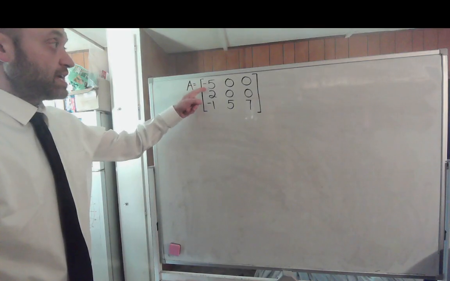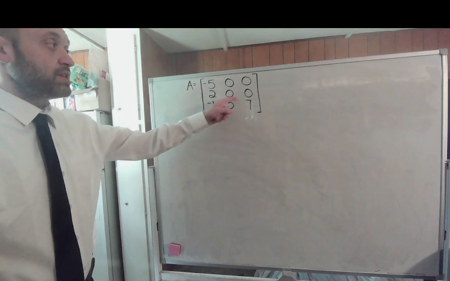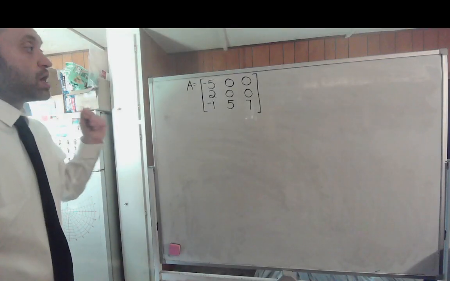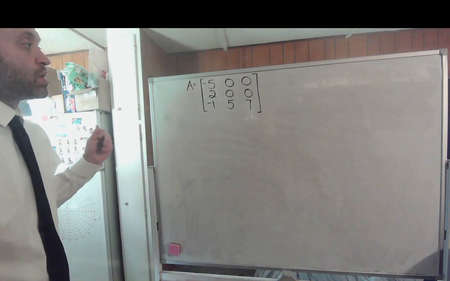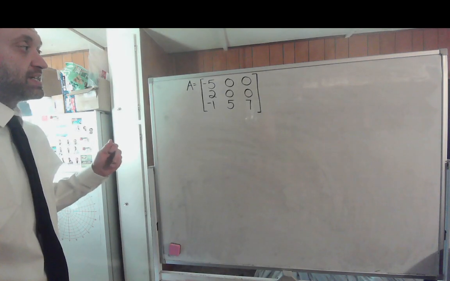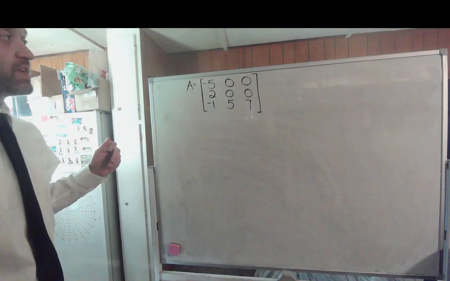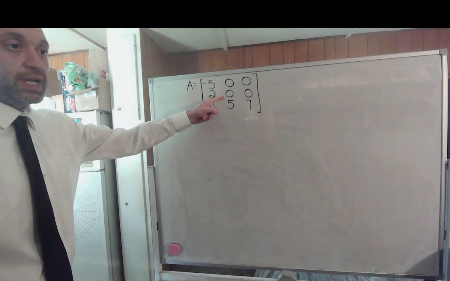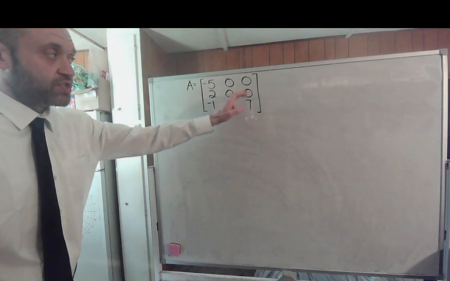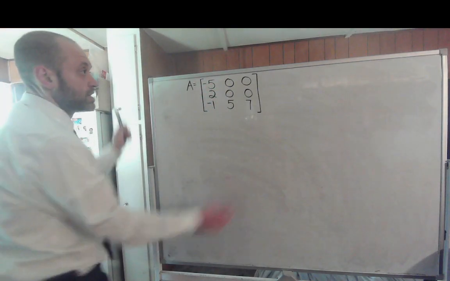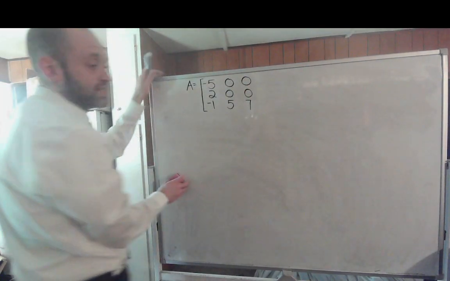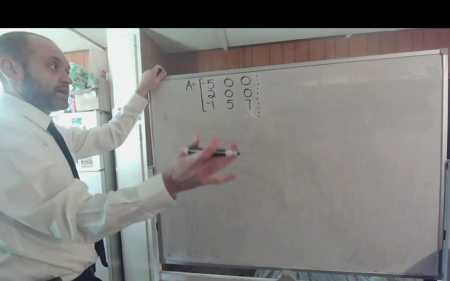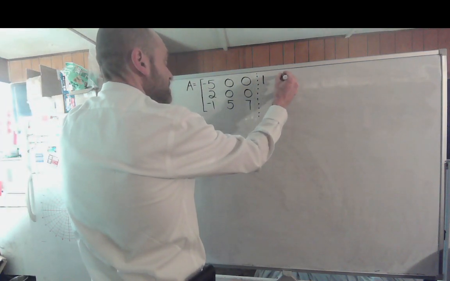Alright, so negative 5, 0, 0, 2, 0, 0, negative 1, 5, and 7. What I would definitely suggest is, here's the thing. If we notice here, in both rows 2 and 3, all other digits are 0 besides the first digit. And I'm pretty much going to guarantee this is not going to be an invertible matrix, but let's do it anyway. So to the right, you should be able to set up your identity matrix